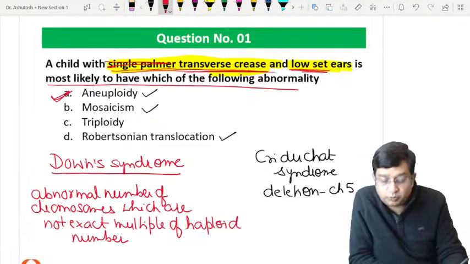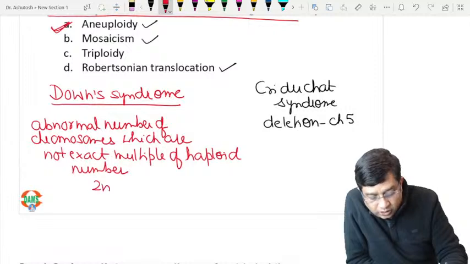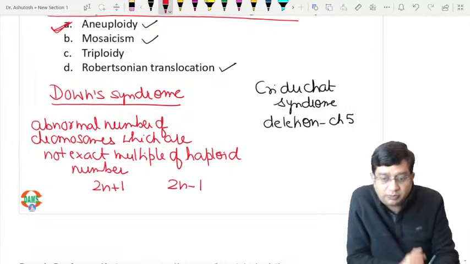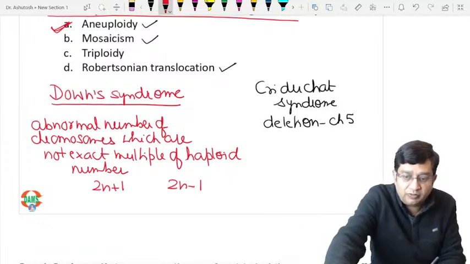This is aneuploid. So basically what we mean to say, they can be 2n plus 1, 2n minus 1, right? And when we say